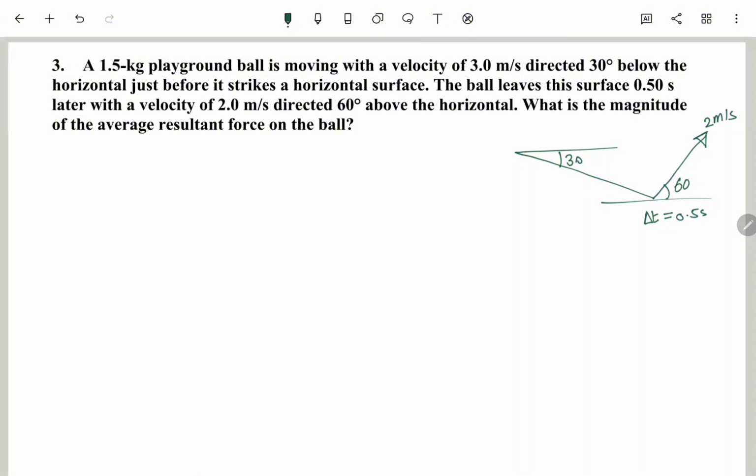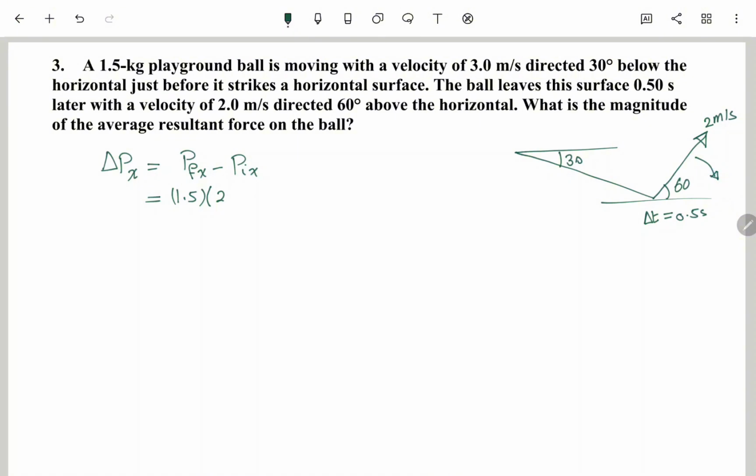Since this is a two-dimensional problem and momentum is a vector quantity, there is momentum on x and momentum on y. So let's calculate the change in momentum at x. Delta p x equals p final x minus p initial x, and remember, momentum equals mv, so the mass is 1.5 times vx, the final x. Now we have to analyze this one here, it is 2 cosine 60,